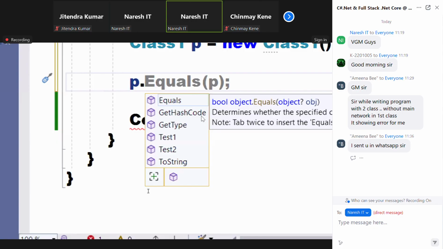Where did these methods come from? Is there any chance to get anything from the child? No. Are they defined in the current class? No. Then the only option before you is that they must come from your parent. All these 4 methods are defined in the object class and they are coming from the object class. Are you guys clear? Understood me? All of these are coming from